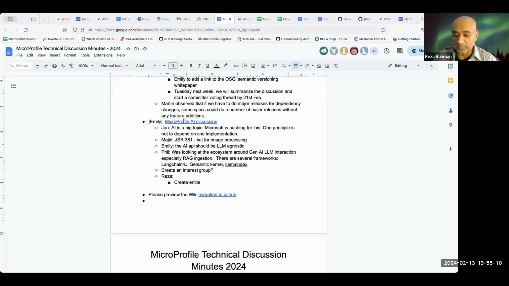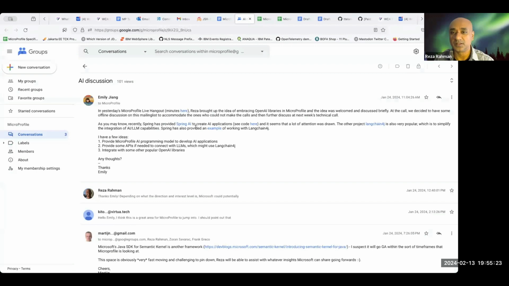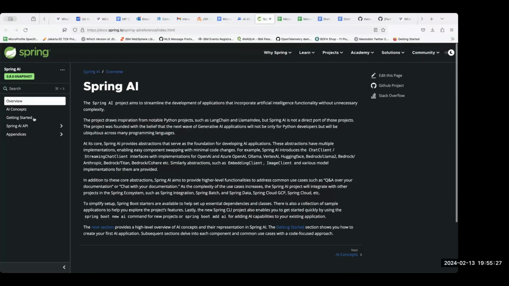So to be honest, I haven't looked at Spring AI. Does Spring AI try to create its own API, or is all they're really doing creating a CDI or a Spring extension to LangChain4j? What approach did they take? Did they create their own entire LLM API set, or how did that work actually?